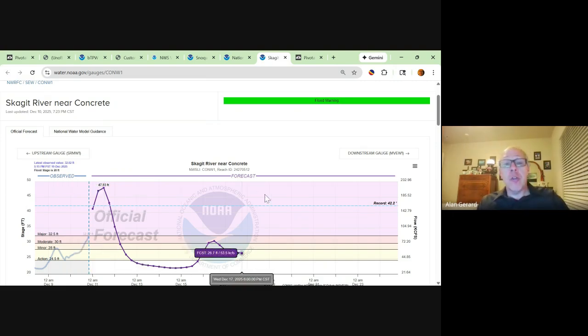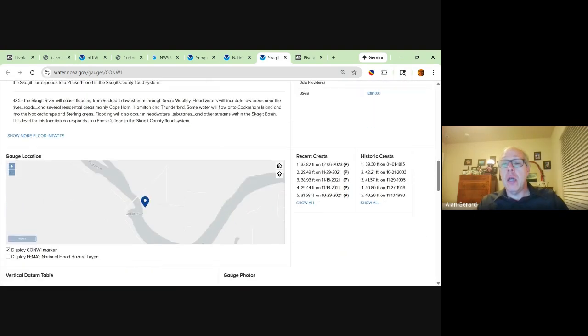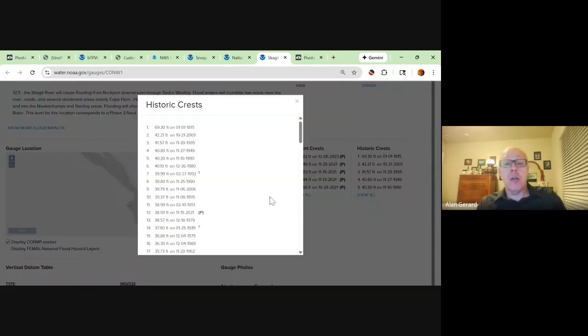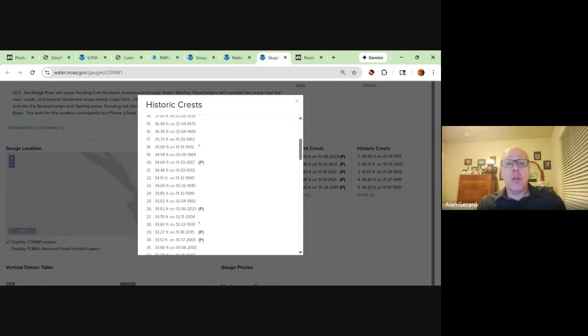Tomorrow, you can see the record here is 42.2 feet. That record was set in, I'm not sure what the deal is with that 69 foot there in January of 1815, but as far as actual observed records, the record is 42.2 feet, and that was set in 2003. But the records on this river go all the way back into the early 1900s. If we look at some of these historic crests, you can see crests back here in 1933,